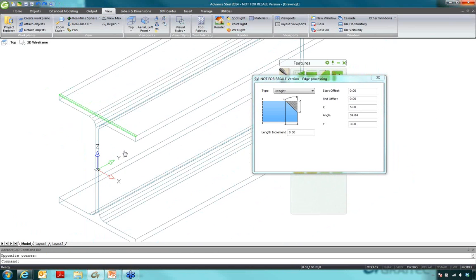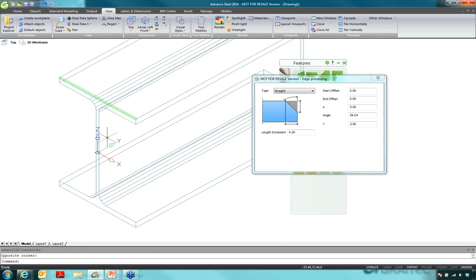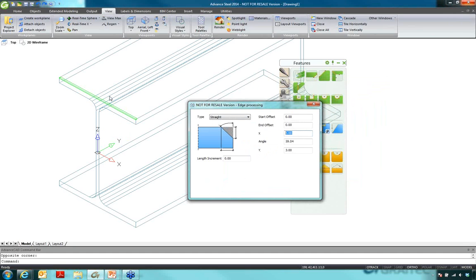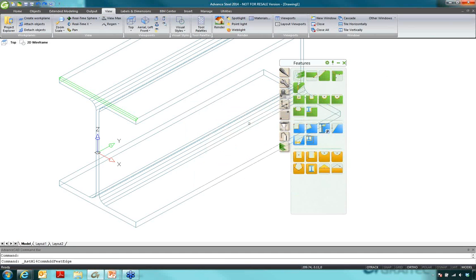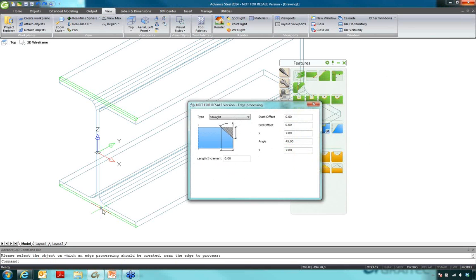By the way, you can notice that the display type of the beam has been changed to display the corner of the element. So this is also a new and nice possibility so that you better see the exact shape of your elements. So now we can change the size. We can, of course, increase the size, put an angle or a value, and automatically we get a bevel cut which is created here. I can create it also here. It's going to use